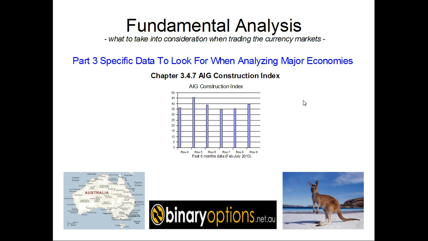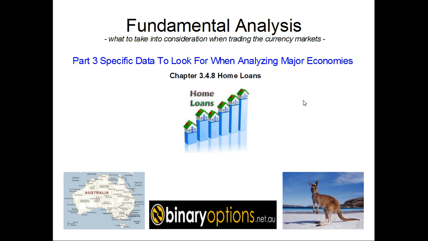Now, this is once again coming to justify the Reserve Bank of Australia for cutting the interest rates, because if you look at our project, the AIG PMI manufacturing, the AIG services index, the AIG construction index, they are all in recessionary territory, and there is no surprise that the Reserve Bank of Australia cut the interest rates for the Australian dollar to the historical minimum level, even though those are quite high compared with other interest levels from other major economies.